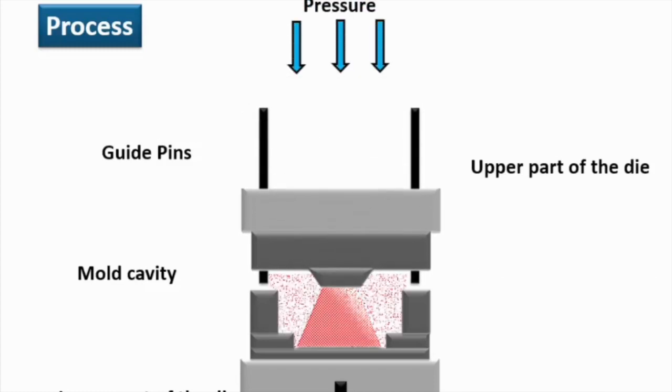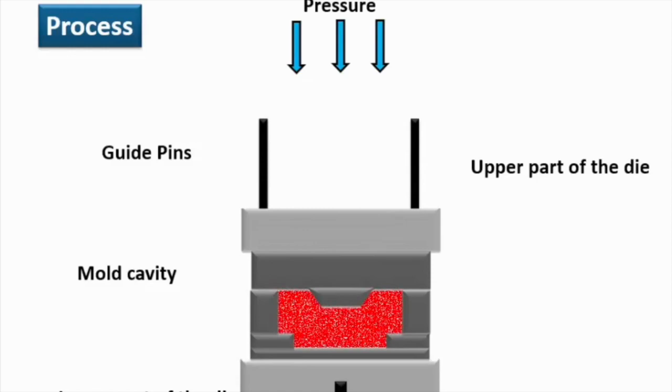Compression molding involves placing a measured amount of material, typically in powder or pellet form, into a heated mold cavity. The mold is then closed and pressure is applied to compress the material, forcing it to take the shape of the mold. Heat softens the material, making it malleable, while pressure ensures proper consolidation and distribution within the mold cavity. This combination results in a molded part with consistent dimensions and properties. Compression molding is compatible with a wide range of materials, including thermosetting plastics, thermoplastics, rubber compounds, and composite materials. This versatility makes it suitable for diverse manufacturing needs.